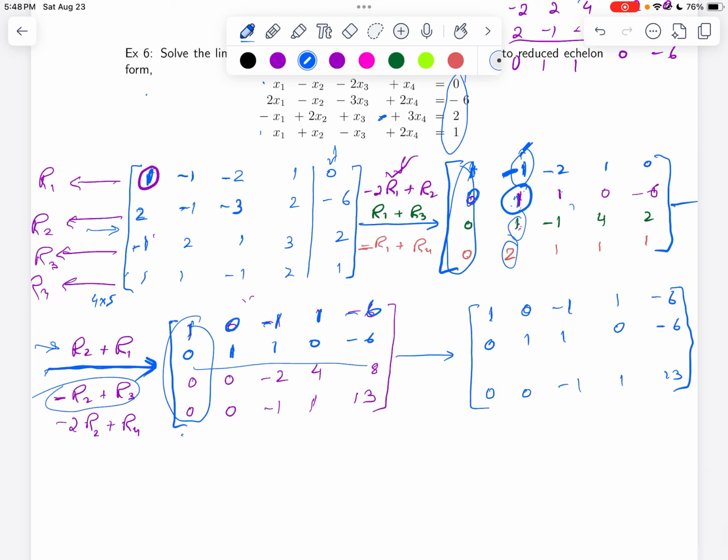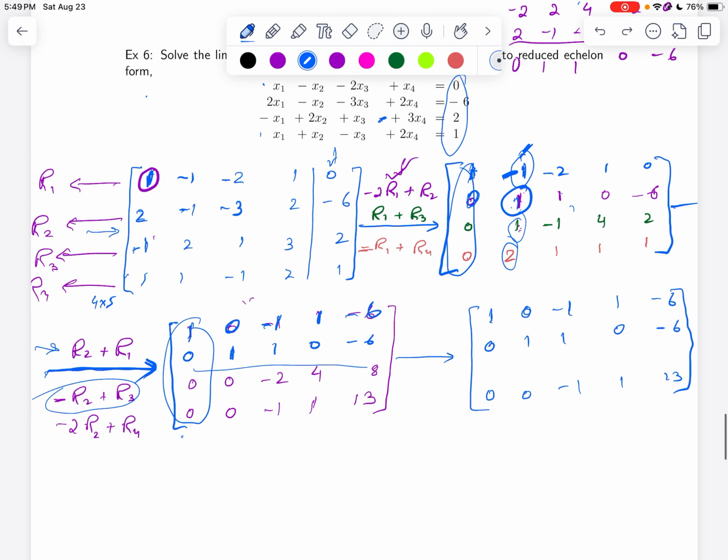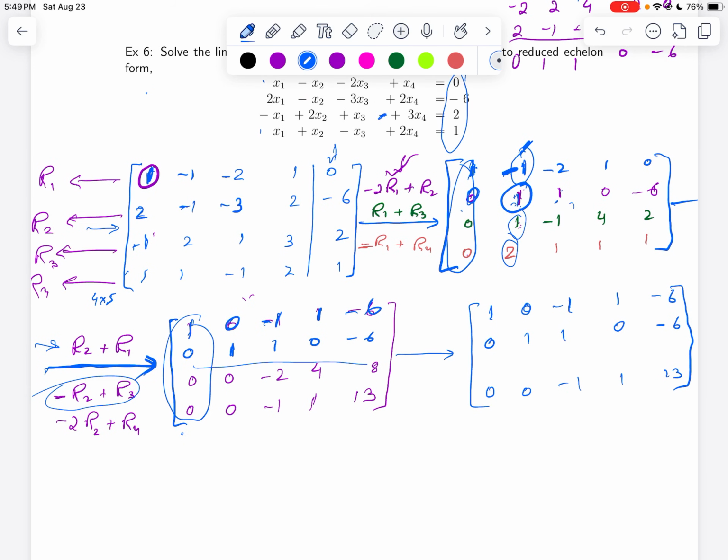And to make the entry in the fourth row and the second column 0, we have to multiply the second row by -2 and add to the fourth row, and I did write the numbers here. So what is not changing is the second row. So we can just copy down the second row as it is: 0, 1, 1, 0, -6,